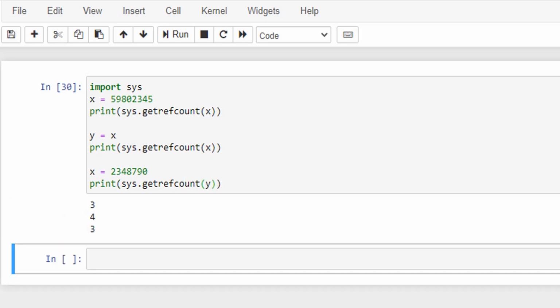Make sense? Python is designed smartly to make the immutability an internal thing, and most of the programmers don't even realize it. One last thing. When the reference count of an object becomes 0, the object is no longer needed, and it is ready to be garbage collected by the Python garbage collection.